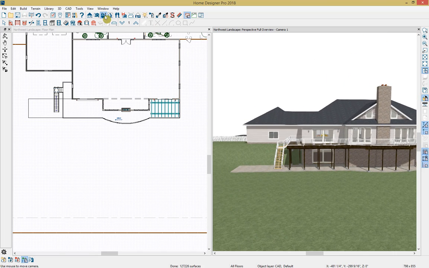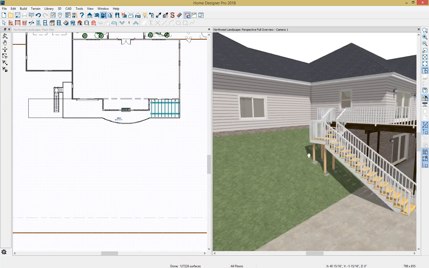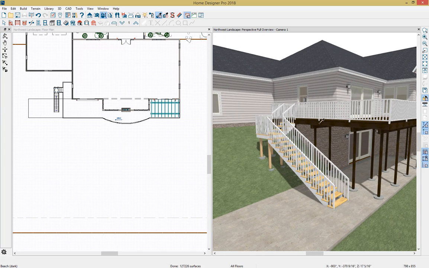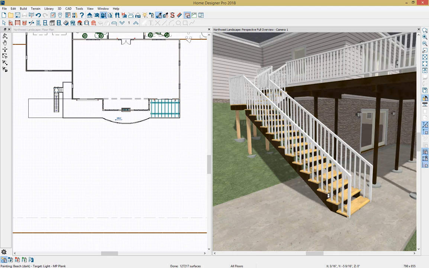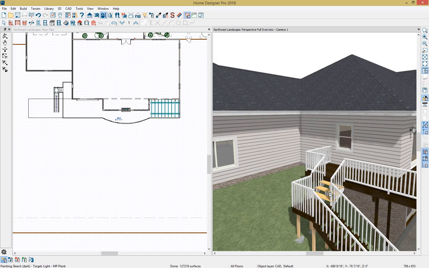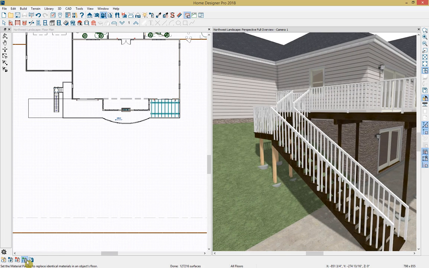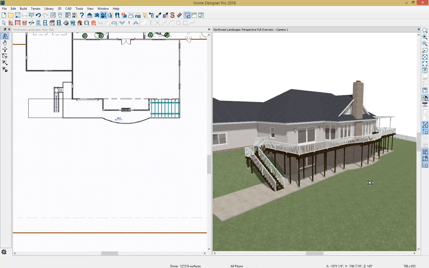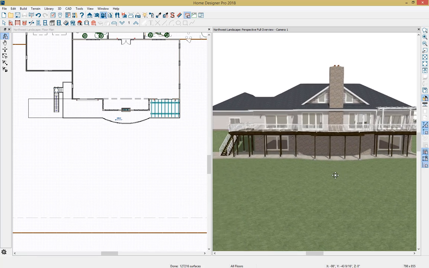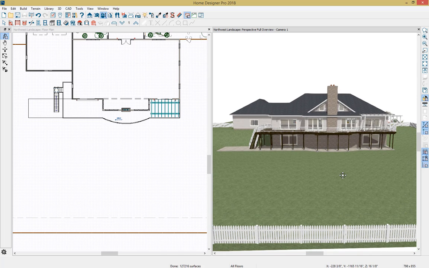And then I'll just pan around, scroll around here to my stairs, grab the tool again, grab that dark wood color, and this time I'm going to change to component mode and start painting and replacing the colors of the components on my stairs. And then I can go back into floor mode and adjust my posts here for my additional structural controls. And now all my materials have been updated, and that looks pretty good. So that completes our deck design,